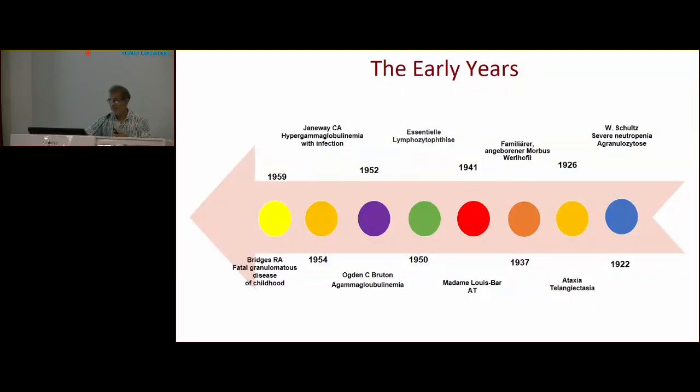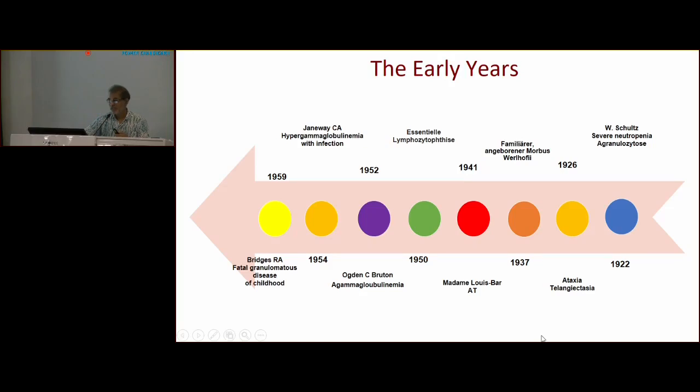And then, as I said, in 1952, Ogden Bruton described this agammaglobulinemia. And he is also credited with the therapy, because at that time, by electrophoresis, the gamma-globulin fraction had already been described. So he gave subcutaneous immunoglobulin, the gamma fraction, to this child, and he showed that these symptoms could be resolved. In 1954, Janeway's group described